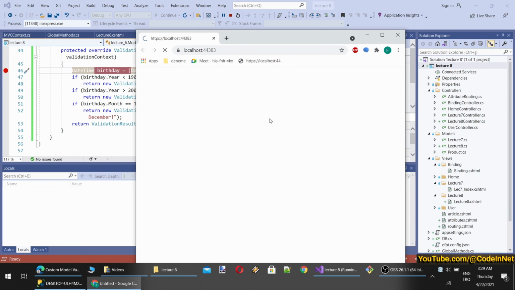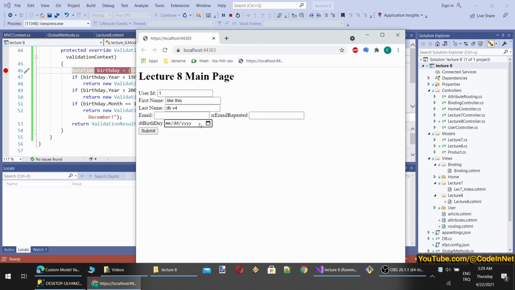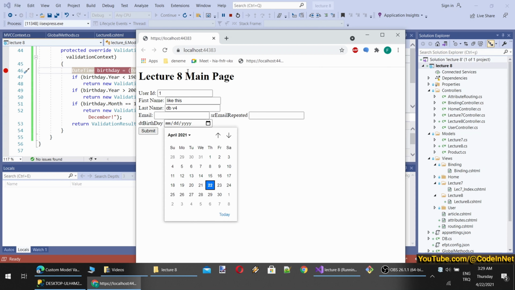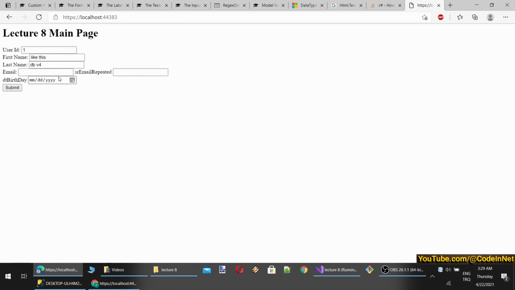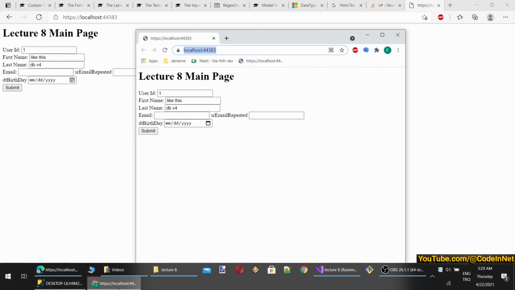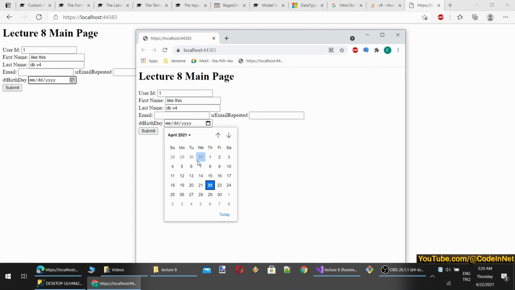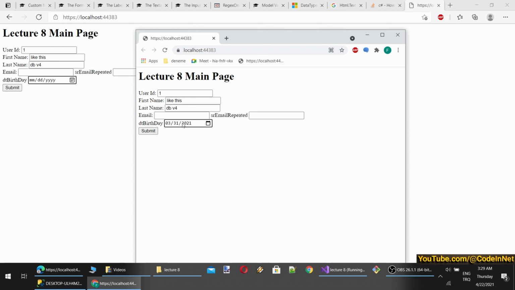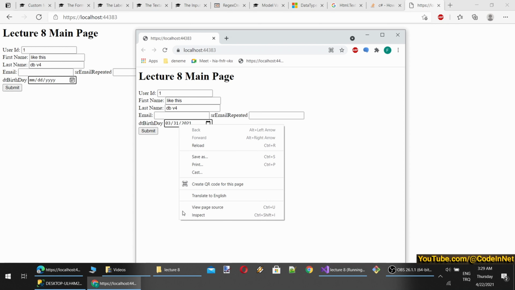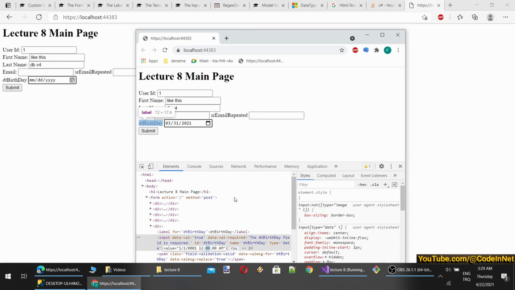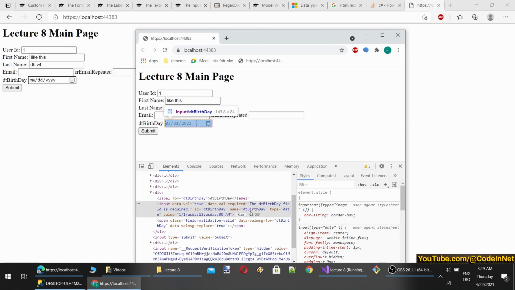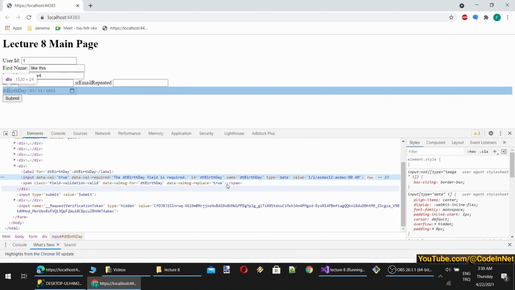Okay, first I will enter an invalid date. Okay, you see it's the date format. This format is coming from the browser, so it will look different on each browser. Let's see. Okay, you see the icon is different, not much, but different. So it should allow us to pick some date. Let me enter an invalid one. Oh, it doesn't allow me to change. I will make it invalid from here, something like this. Oh, it is not working. Okay, I have changed the date value.